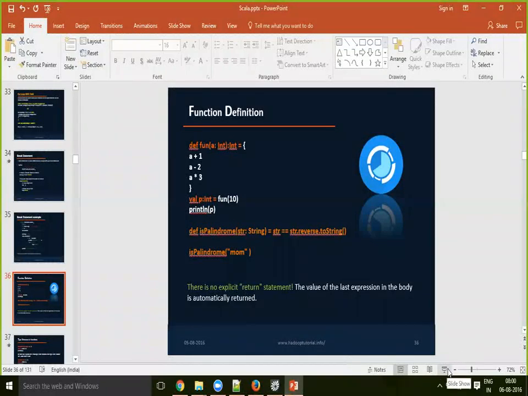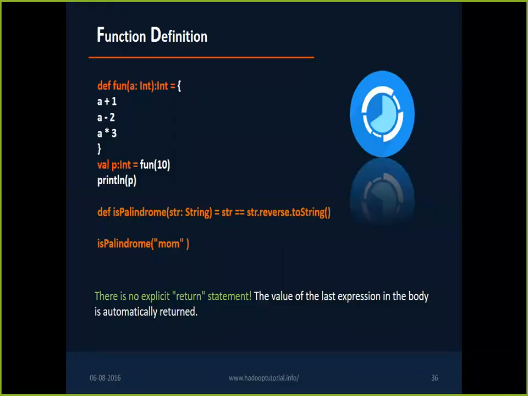Right? Now let's discuss functions or methods, as we call them. How are they similar or different when comparing with Java or Python? If you look at this piece of function code,